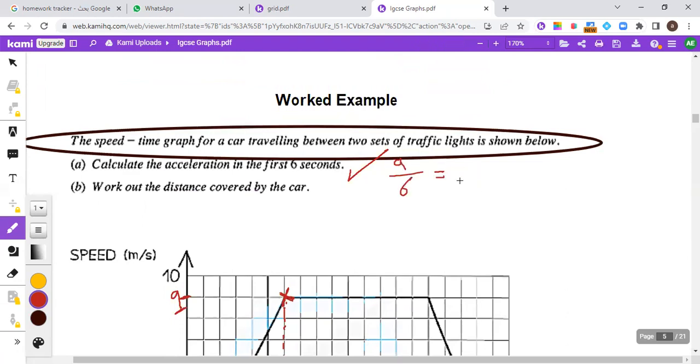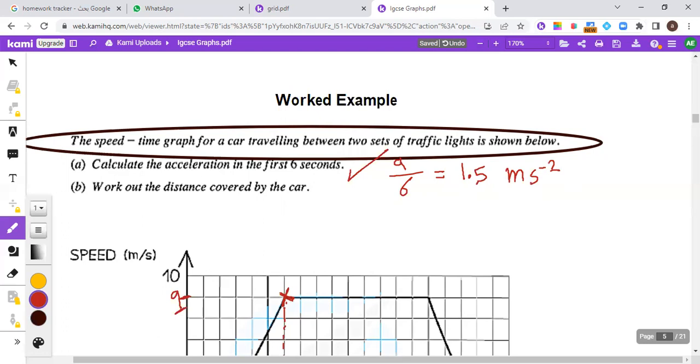We don't make it a simple form. Yes, divided by the calculator equals what? 3 over 2 or 1.5. Meter per second square. That is the unit